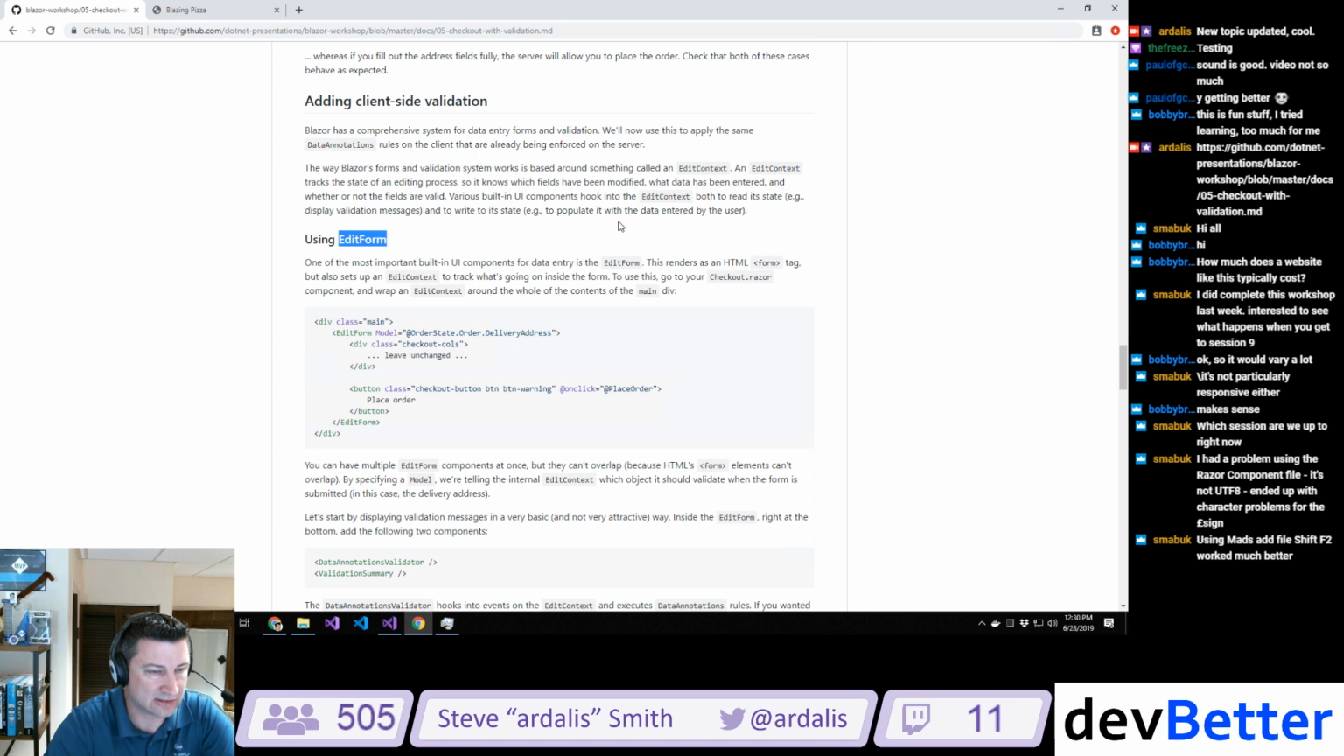It renders as an HTML form tag, but also configures the edit context to track what's going on there. To use this, go to your checkout.razor component and wrap an edit context around everything in the main div. You said edit context, but I think you meant edit form. There's another pull request for you. Yeah. Alright, so we want to wrap an edit context